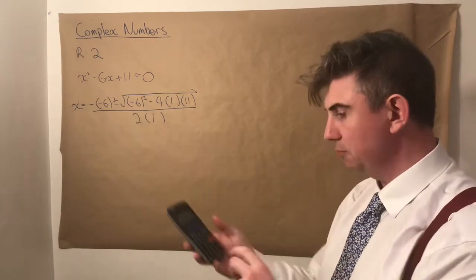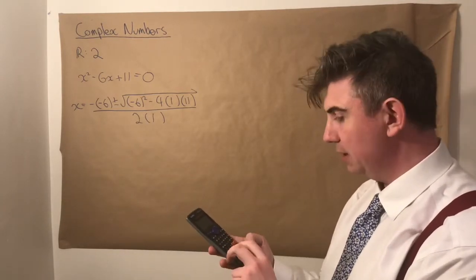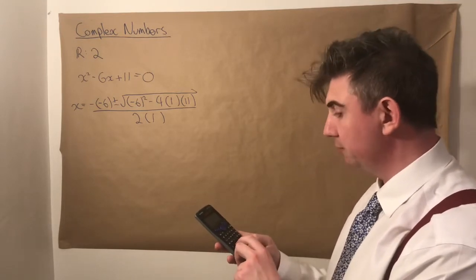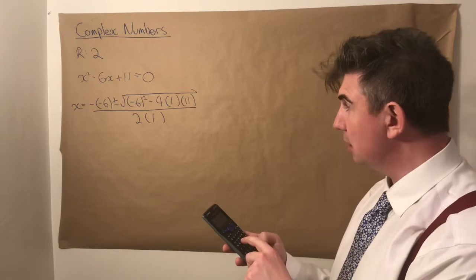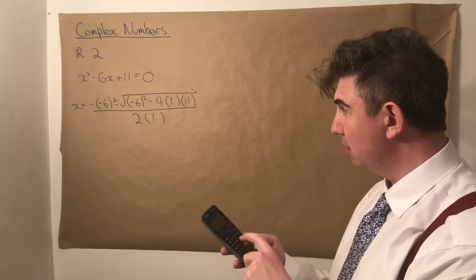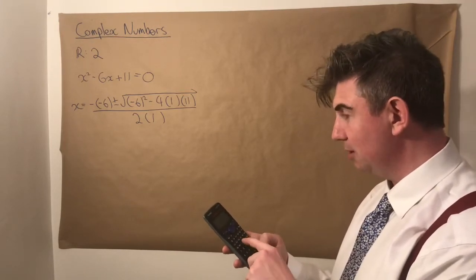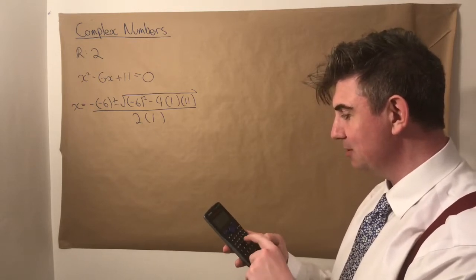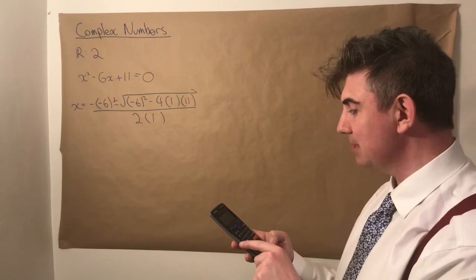So I hit the fraction button first of all. Fraction, and then it's minus on top, bracket, minus 6, close bracket. We take the plus one first of all, square root, start bracket, minus 6, close bracket, squared, minus 4, open bracket, 1, close bracket, open bracket, 11, close bracket, all over 2, open bracket 1, close bracket. And that should give us, oh,